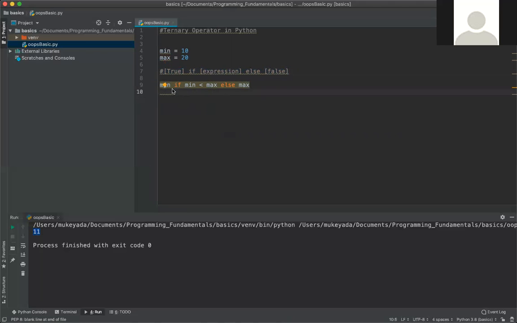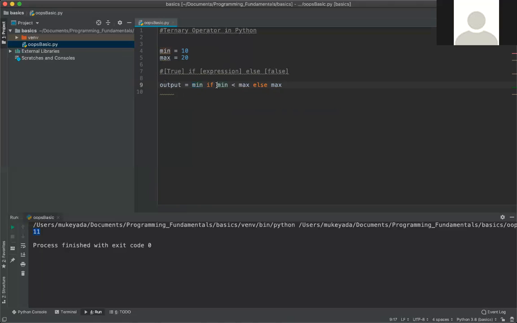So according to my example, I need the minimum value to be assigned to a different variable. Let's say the different variable is output. Here I just need the minimum value based on our expression, a less than b, that is min less than max.